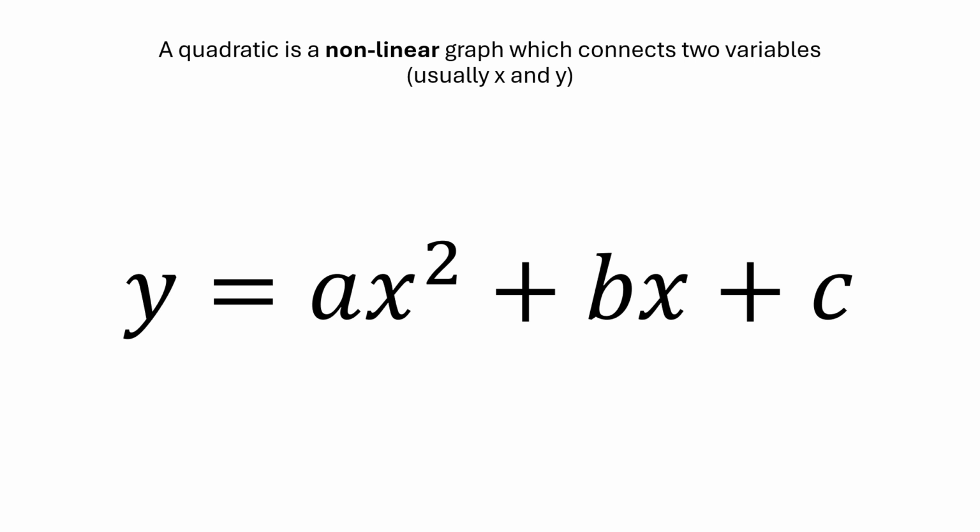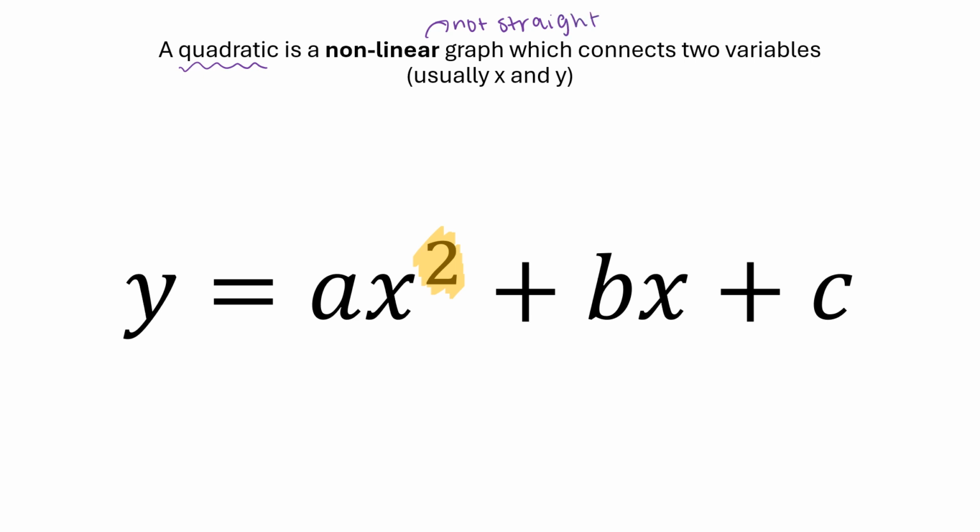Hi everyone, today we're going to be looking at what we call a quadratic graph. Now a quadratic is a graph that has the highest power being a power of 2, okay? And what that does to our graph is it actually makes it a non-linear graph, and that just means that it's not a straight line, okay? This means graphing them can be a little bit trickier and they do look a bit strange compared to our